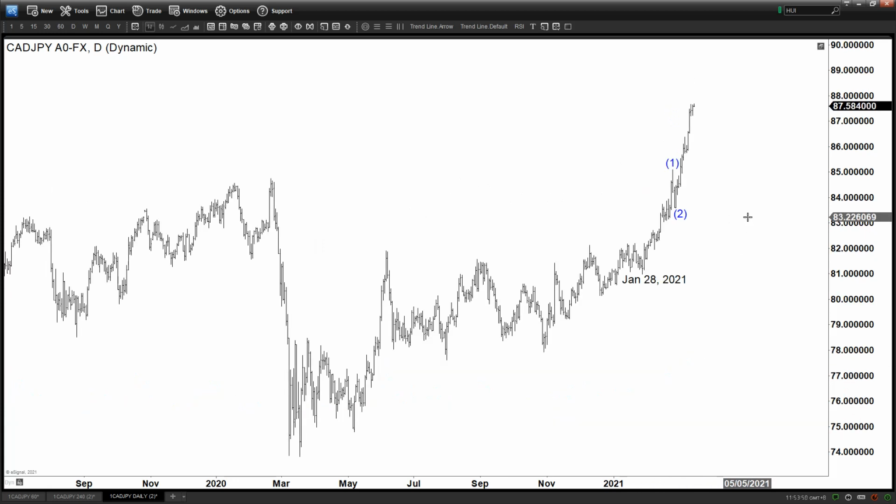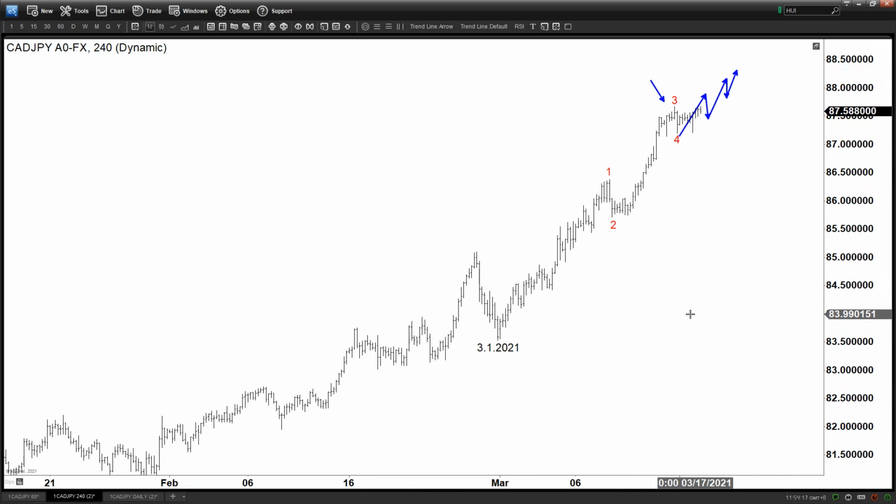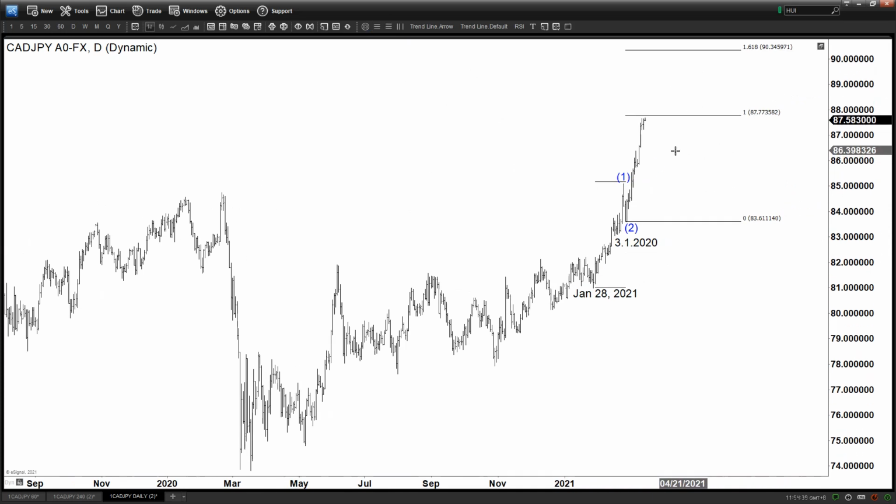So that means if we use January 28 as our basis here, this is the connector, and then this leg here, this 2 here, is going to start. This is the March 1st low. This is the same March 1st low we saw earlier over here, which is the starting point of our 1, 2, 3, 4, 5 count, right? So that means this is a 5 waves up from here, and if we just isolate what we are looking at starting from January 28 and don't care about anything else, then we could come up with some sort of possible target to the upside, which is already reached technically, which is the 100% extension of this 1, 2. So the minimum has been reached,